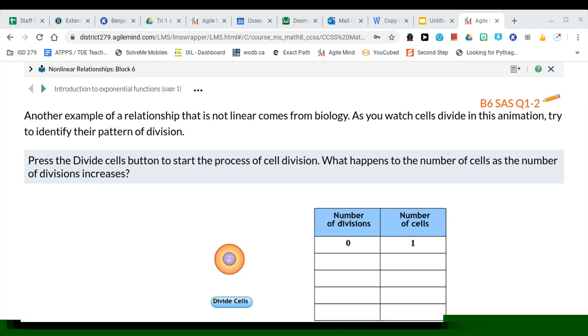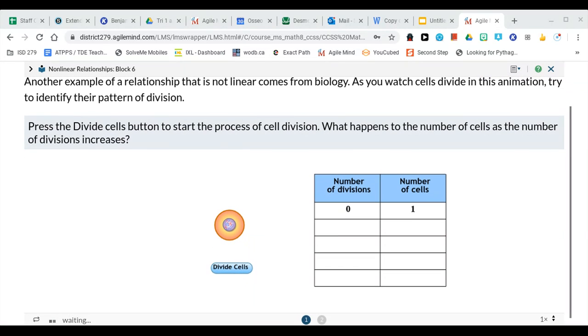As you watch cells divide in this animation, try to identify their pattern of division. If you're on Agile Mind, you can press the Divide Cells button to start the process of cell division. Watch what happens to the number of cells as the number of divisions increases. So if I press Divide Cells,